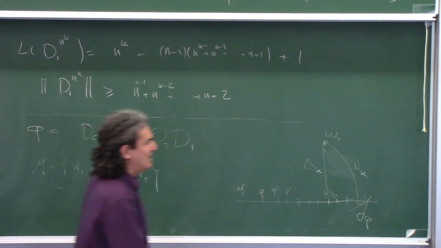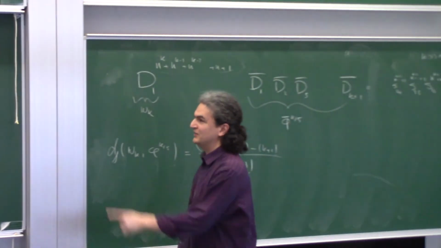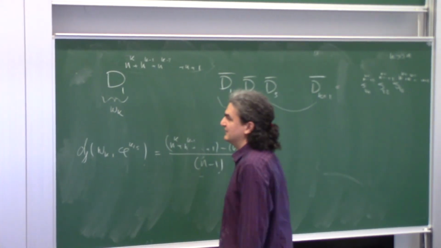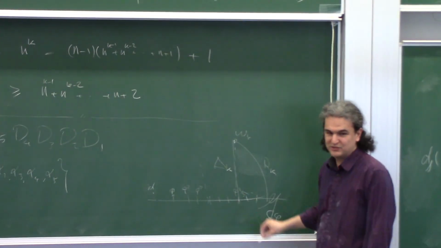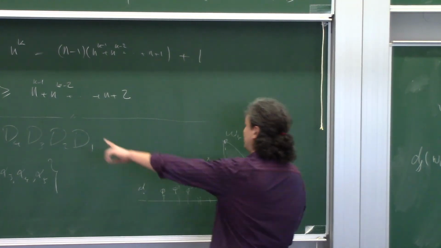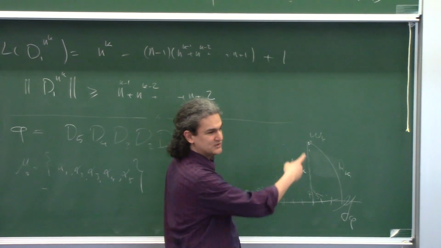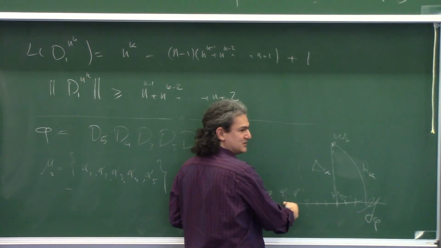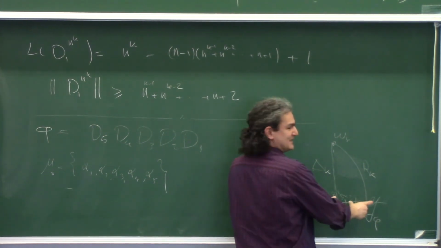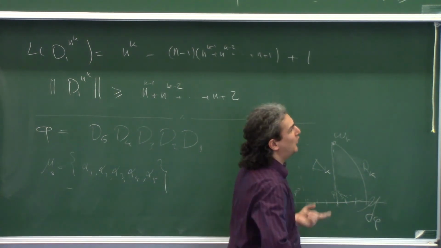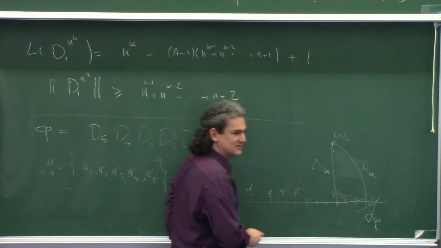I mean, I have told you everything you need to know. From now on, you should be able to finish it up. I thought I'd go to the actual hour. So what happens? First of all, since you picked this so precisely, you're hoping that this is the closest point projection. But you don't know that. But if you look at your homomorphism, you see that if I go this way, the value of homomorphism goes up. So the closest point cannot be this way. It has to be the other way. And you know that if I go the other way, every n steps I make, the value of homomorphism goes down by 1. So you prove that you cannot go so far in this step.